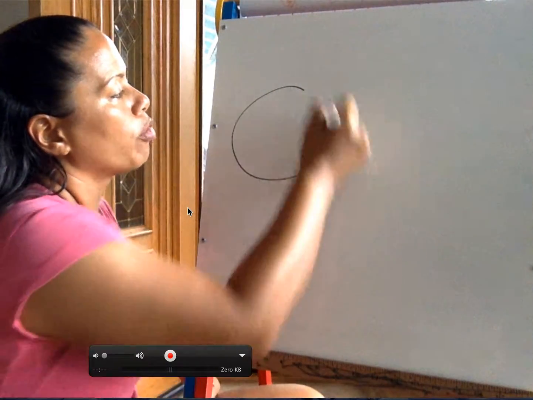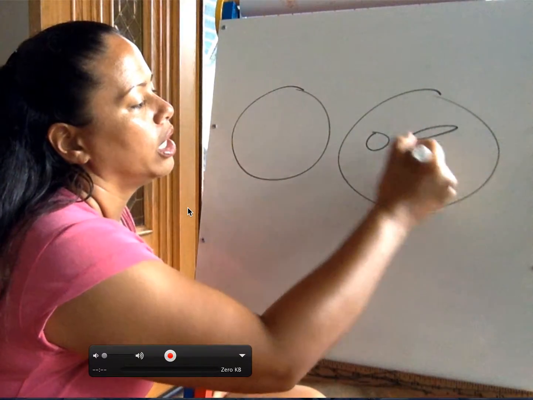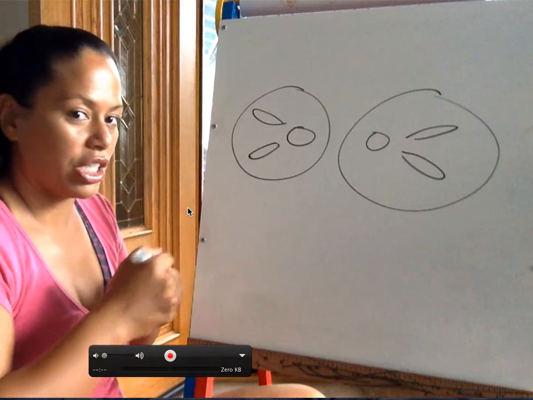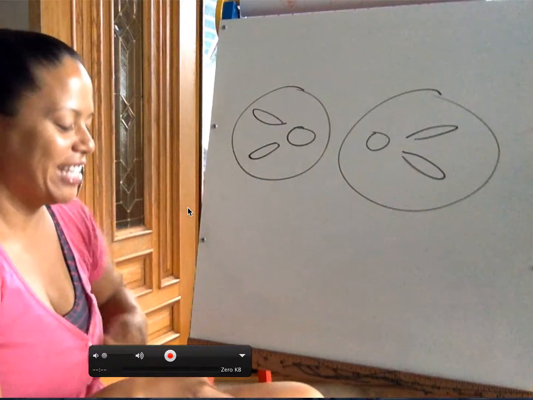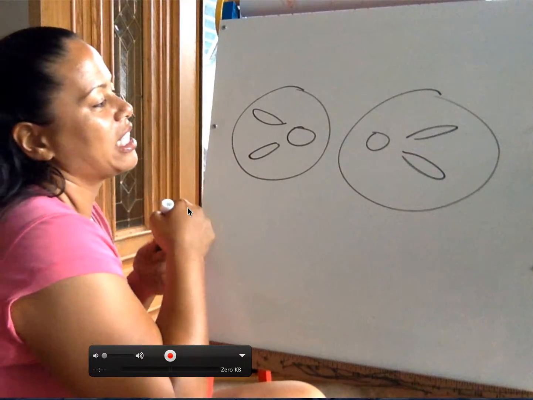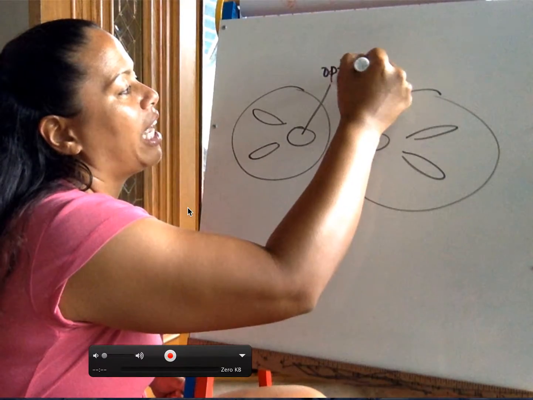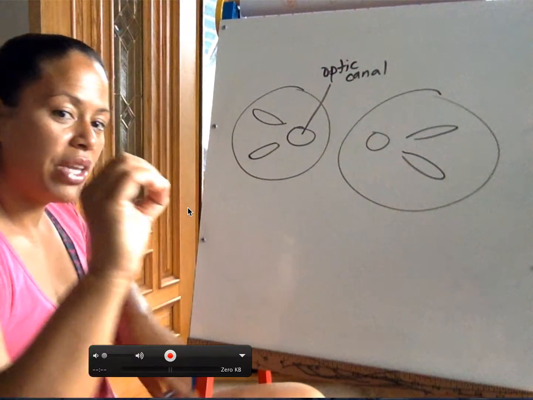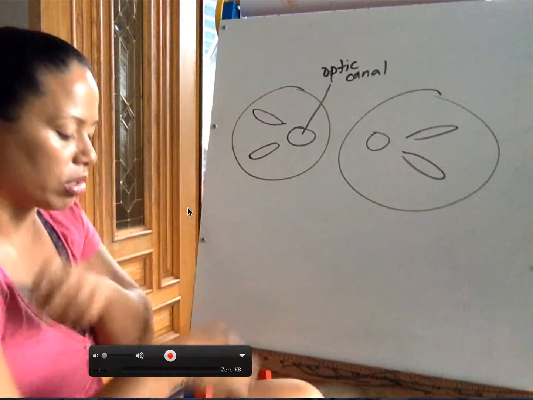Inside both of the orbits of the eye, there are holes and fissures. And they almost look like what I was trying to do, which let's do it with one hand. So it's like this and like that. And what it is, these guys in the center are called the optic canal. What is a canal? A canal is just, if this is a hole, this is a canal, right? It's the same thing. They're both holes, but one is just longer than the other.